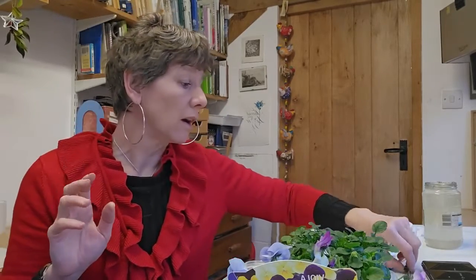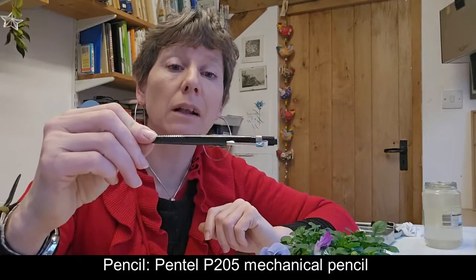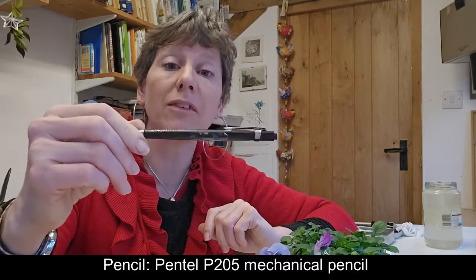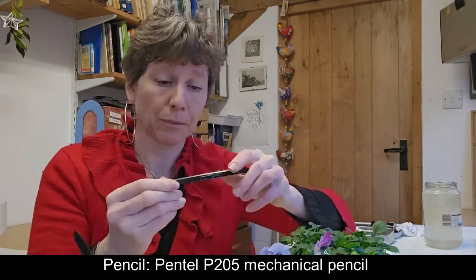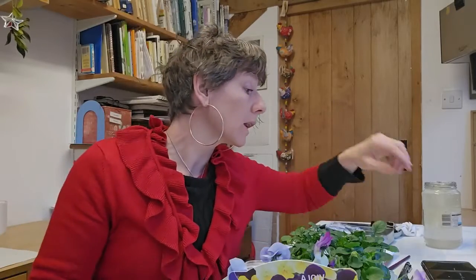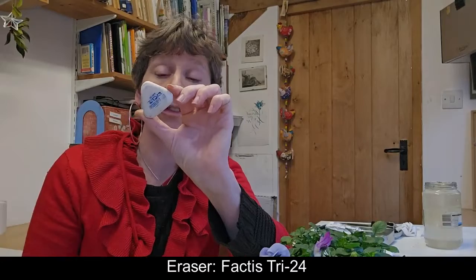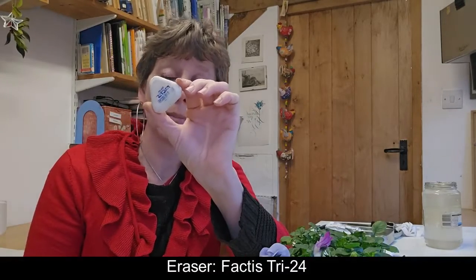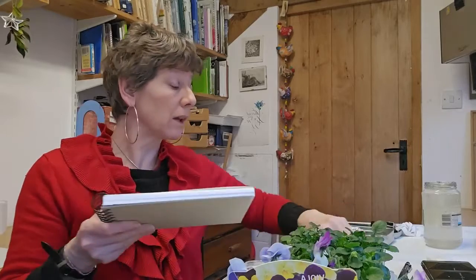The equipment I'm going to be using is a pencil, which is my Pentel P205 HB lead, 0.5mm, which I swear by. In terms of erasers, I've got this very good soft Factis triangular number, incredibly cheap, does the job. Paper, I'm going to be working